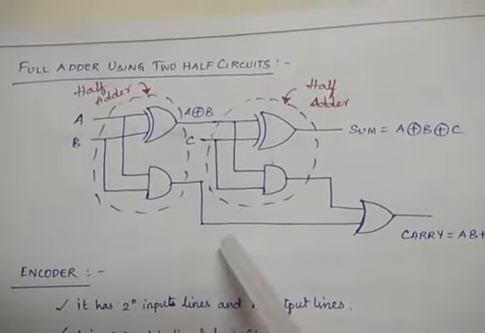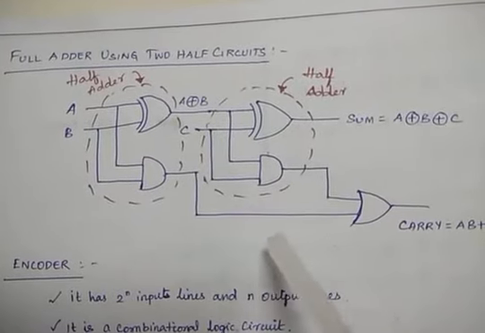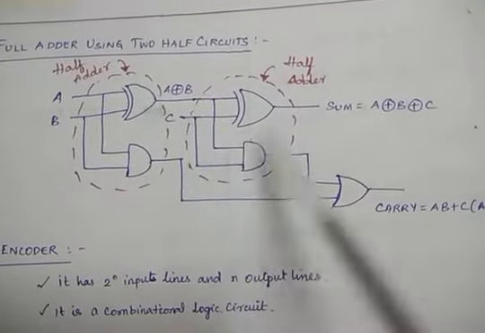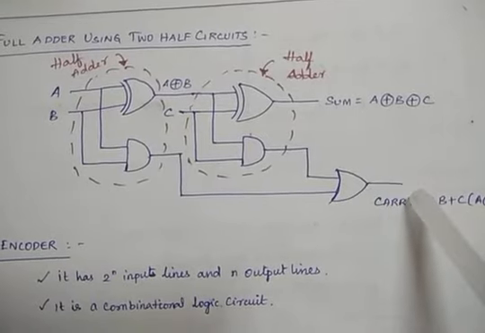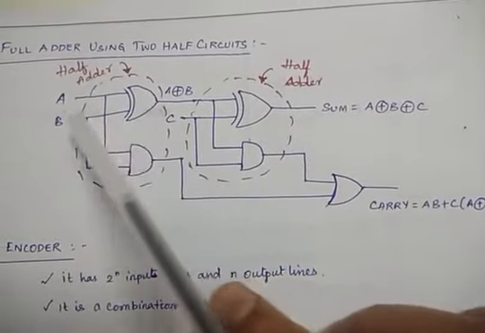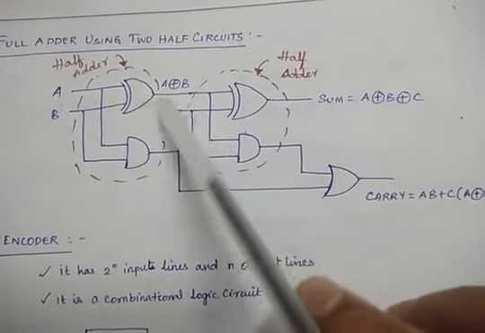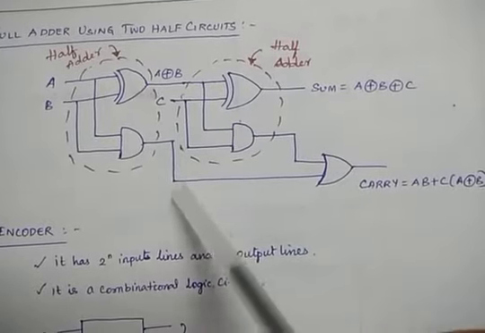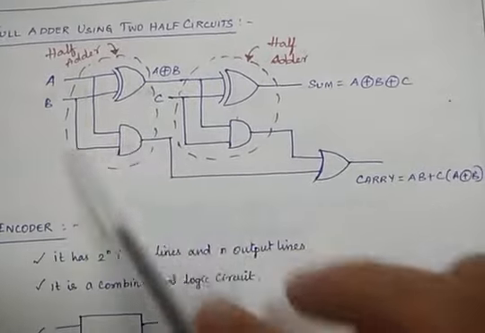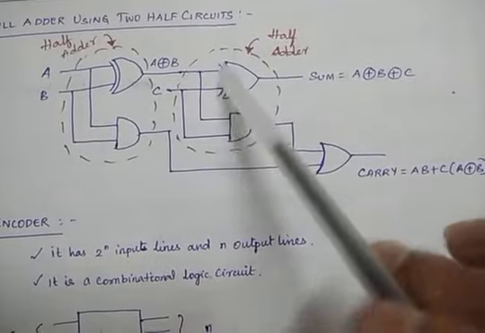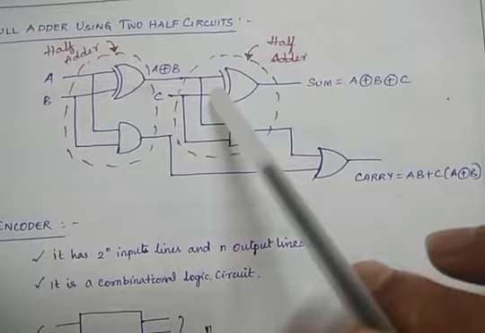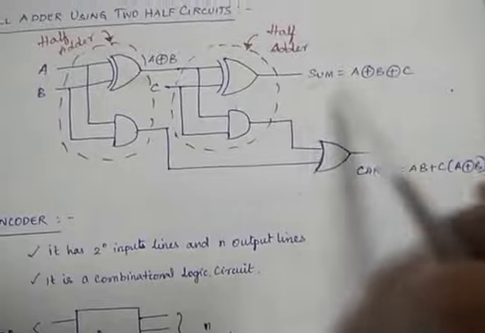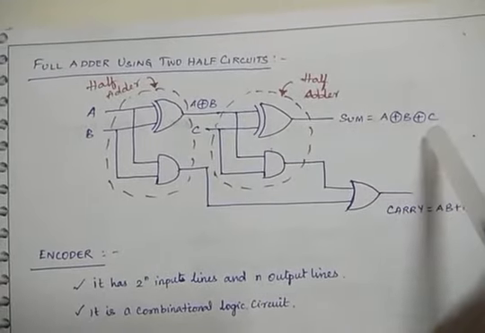See here, full adder actually we got by using 2 half adder circuits. Just see this figure, we can understand. Here I used 2 half adder circuits to get the full adder outputs, right? See, if I'm giving A and B to the XOR gate, I will be getting A exclusive-OR B. Then A and B given to the AND gate, I will be getting A into B. This is one half adder. Then this output is given to one more XOR gate along with C. Then finally we will be getting A exclusive-OR B exclusive-OR C. This is the sum value of full adder, right?